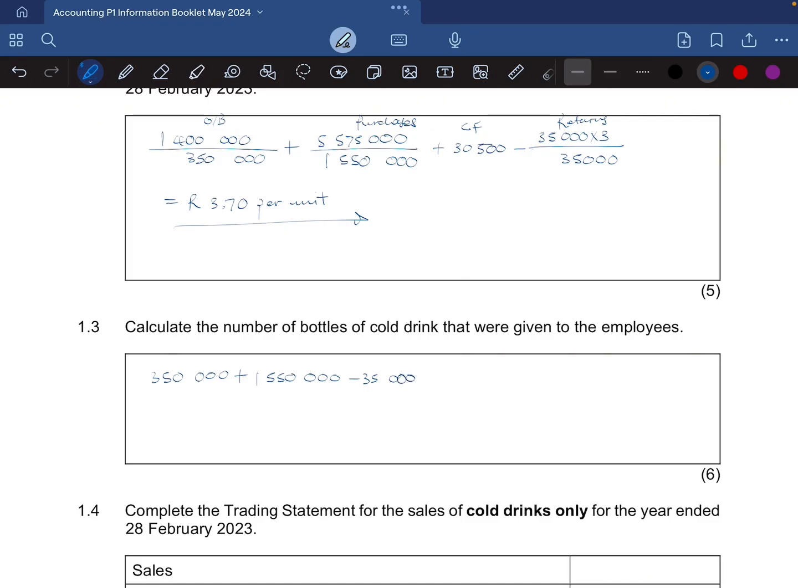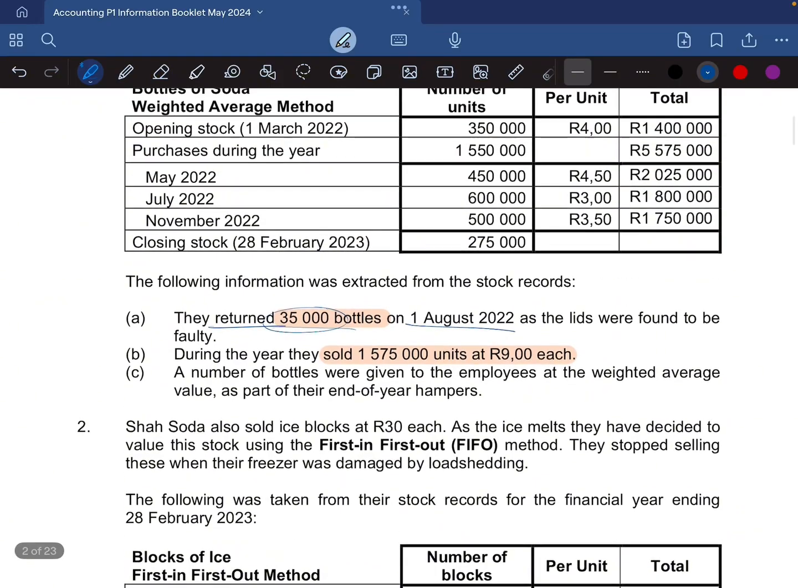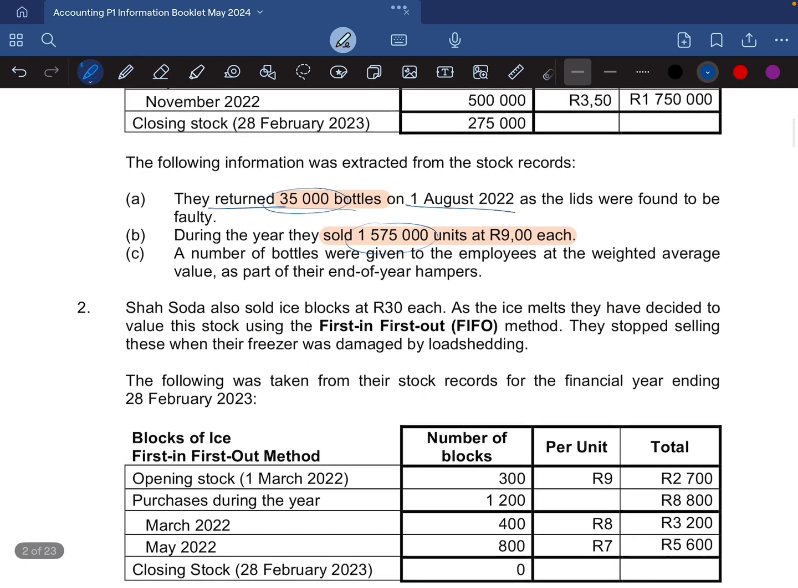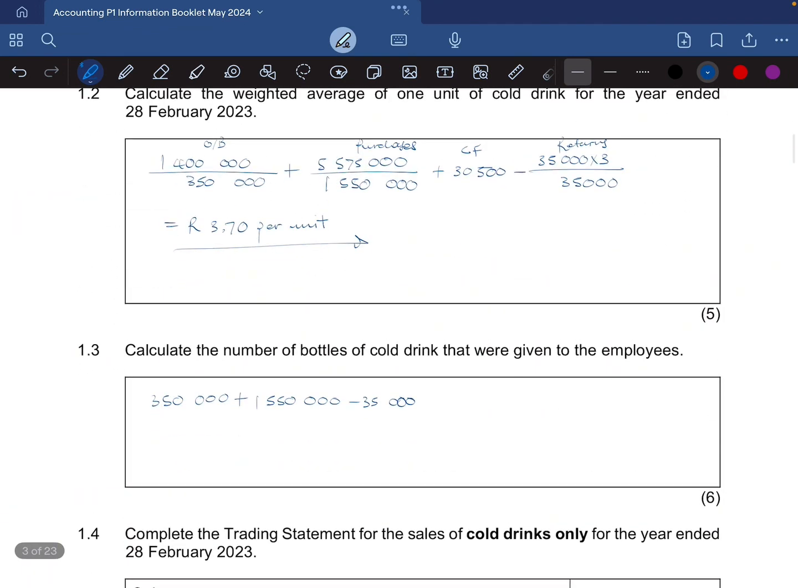Okay, and then now we need to think about our closing inventory, or we could also feature our sales in there. Let's have our sales first: minus 1,575,000. Right, so let's see what our closing inventory or our closing stock was actually supposed to be. We've had 350,000 plus 1,550,000 minus 35,000 minus 1,575,000. So it was supposed to be